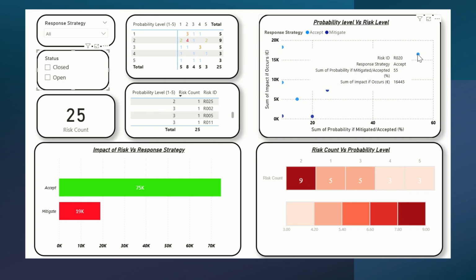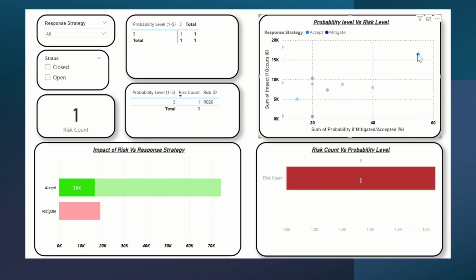For example, if we look at risk ID R20, it's a response strategy accept, and we can see that it has a probability of 55%, and the amount of euros that they will be suffering will be around